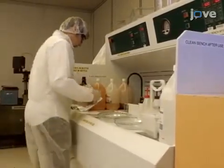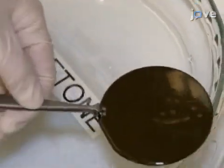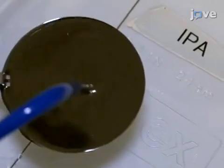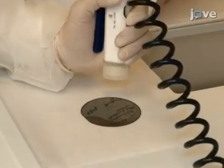This spin coating protocol can be performed on silicon wafers of any size. To begin, degrease the wafers with acetone and isopropyl alcohol. Then, rinse them in deionized water and dry them under nitrogen. Dehydrate the wafer for